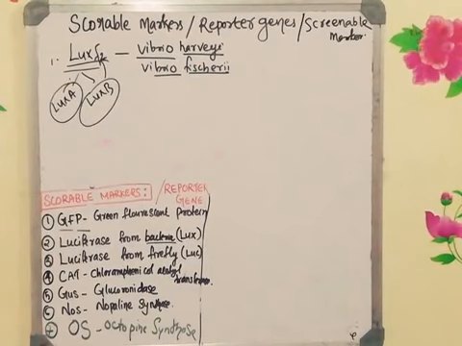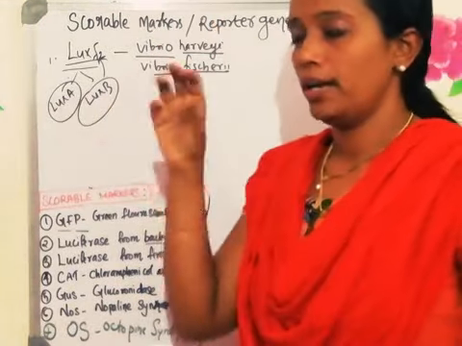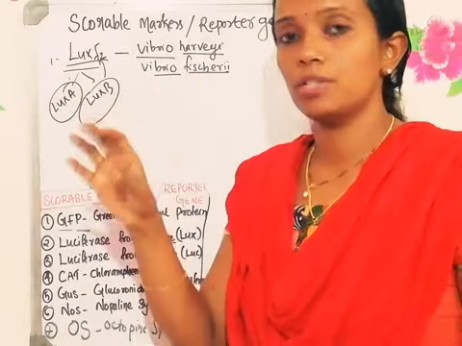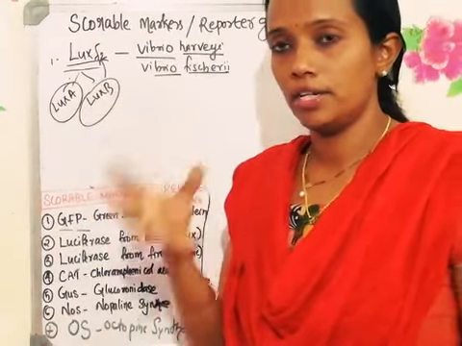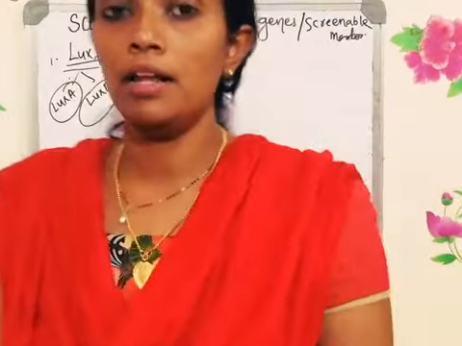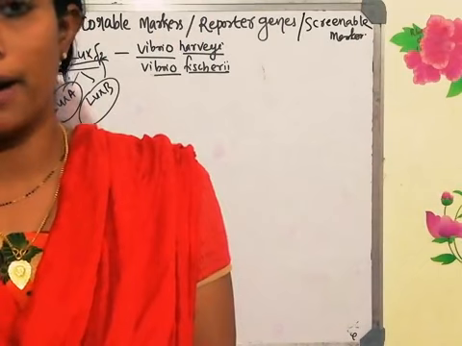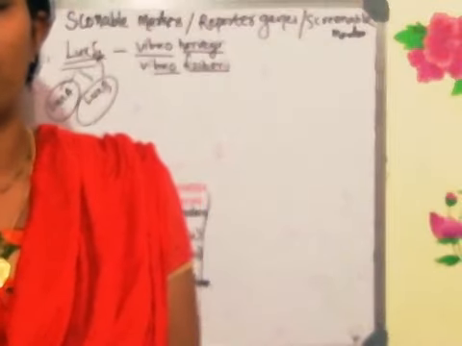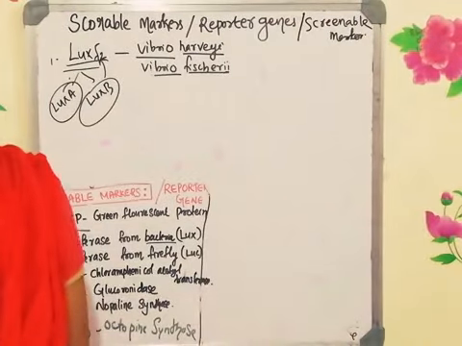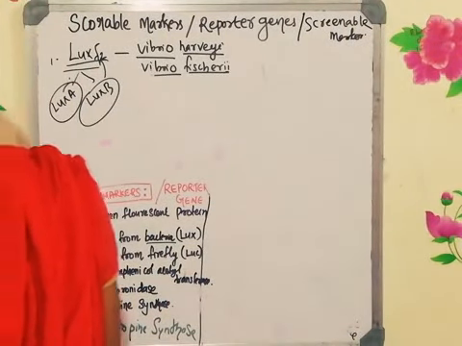How will you isolate the enzyme extract? Once you introduce LUXF2 along with the foreign DNA into the plant cell and get your plantlet, you are not checking the gene expression level at the cell level. Once you get the transformed plantlet, you can take a part of the plant, like a leaf or a shoot tip, and grind it with an appropriate buffer to make an extract. So this is a crude enzyme extract.